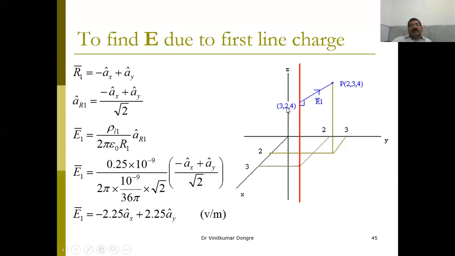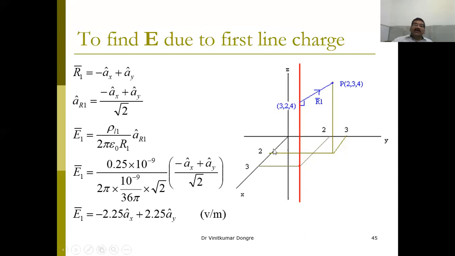So 3 and 2 will be there as it is. And whatever the z-axis point here, the remaining point will be the same. So this will be the perpendicular point. So find it out R1. You can name it R also, but in the same problem there are three problems. So for the separation vector, I have named them R1, R2, R3. Okay. So this is R1.